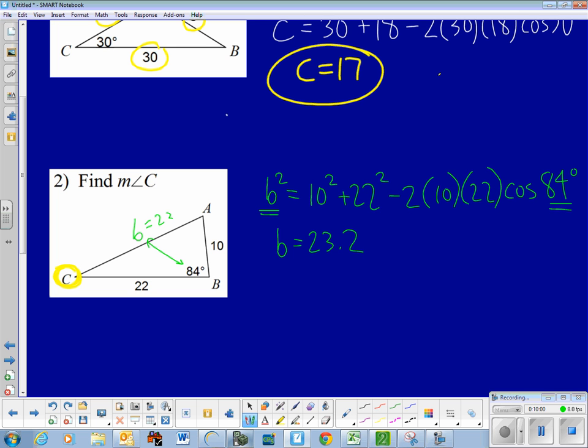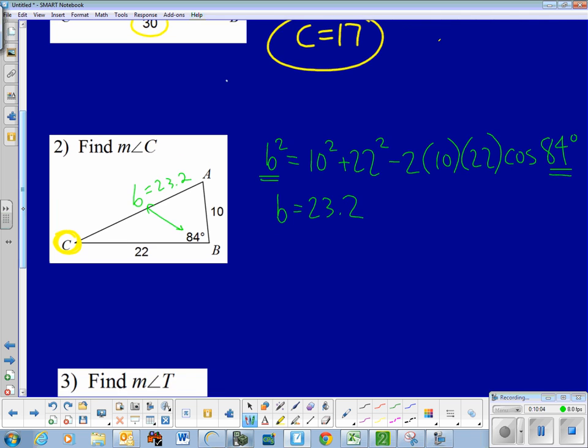All right, so now I know 23.2. Now I'm looking for an angle. I'm looking for angle C. If I'm going to find angle C, then the first thing I need to write is the 10, because the 10 corresponds to the C. So 10 squared equals